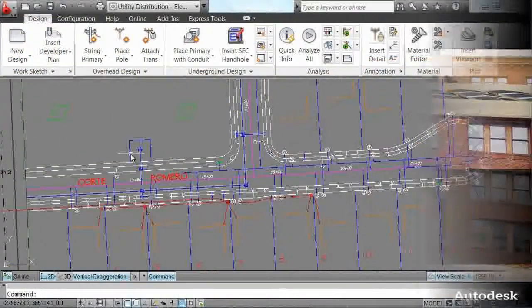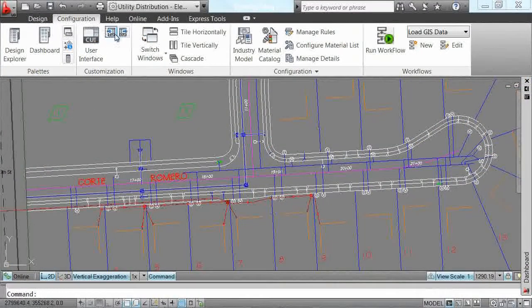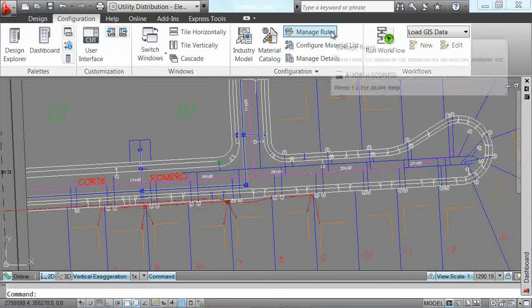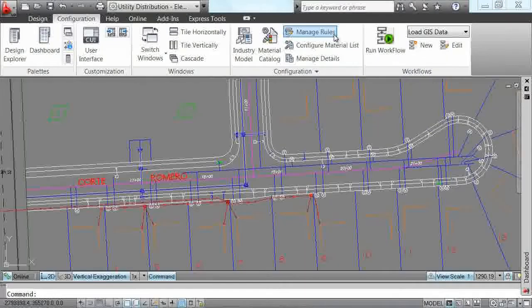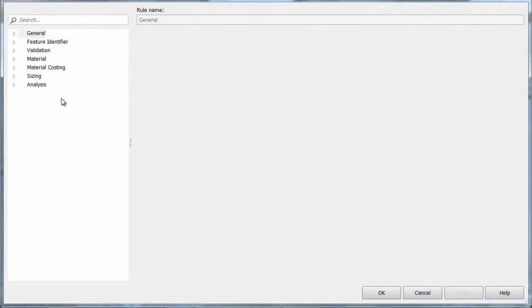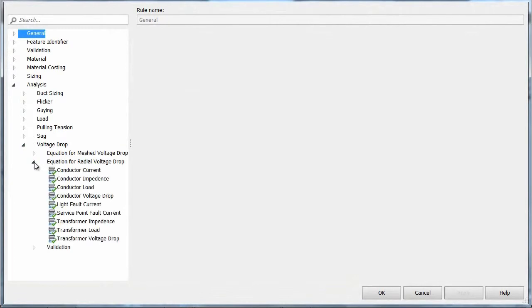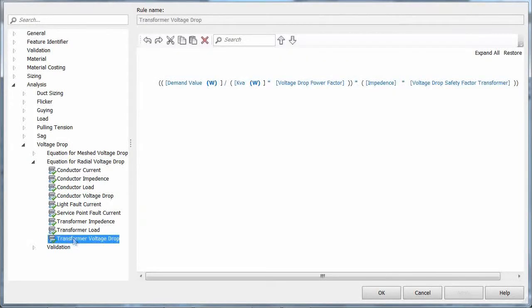For instance, let's take a look as an administrator at the business rules that make up AUD for both engineering and material. The first example would be the analysis rule for the sizing of a transformer for voltage drop. Simply stepping down through the tree from voltage drop to the equations for a radial voltage drop for a transformer, you see the actual formula that's encompassed within AUD as the demand value divided by the kVA times the voltage